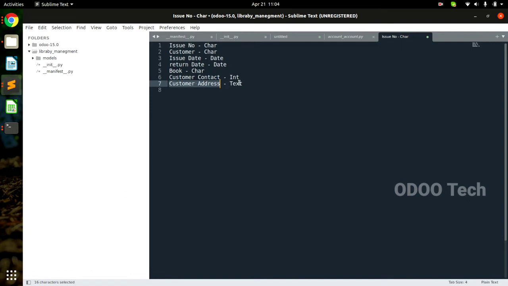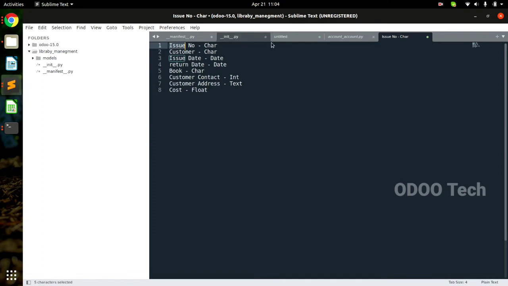So we will see that design, but right now we make it as a test only. Then we can define cost, what is the amount to be paid for taking that book on issue. So that could be float, right? So let's start creating with this many fields only.